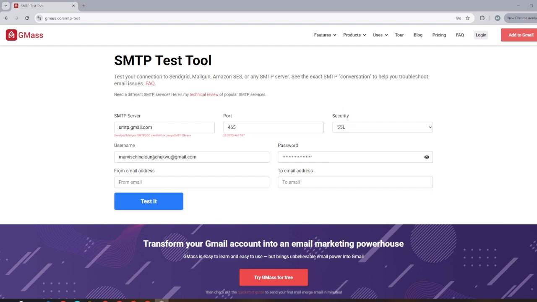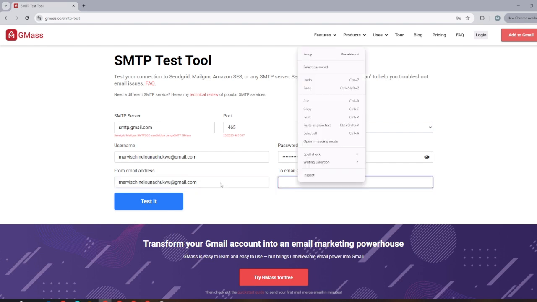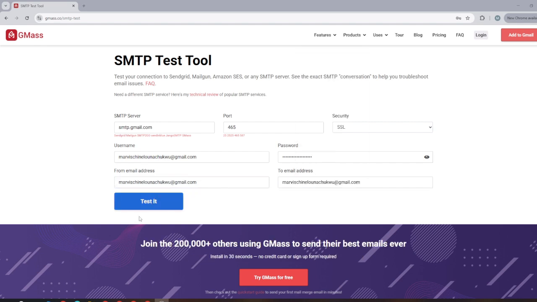So for the username, enter your full Gmail address right here. For the password, paste in the app password you just created. Now for the from email address, you have to paste in your email address right here. Now for what you are doing, you may not have a tool email address, but we are doing a test, so we do. So I'm going to enter in this same email address right here,